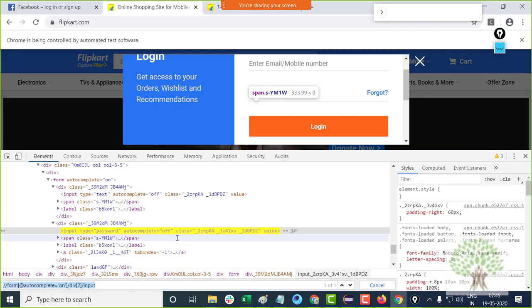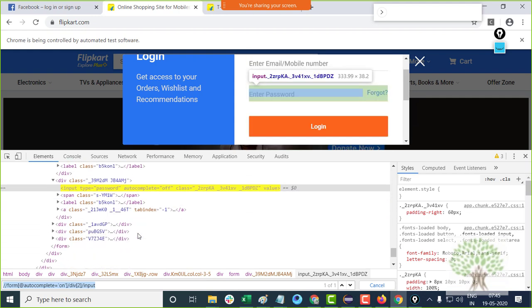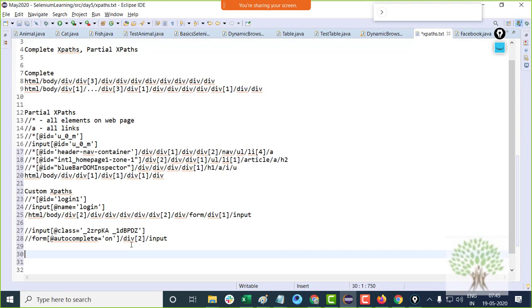Now, as we saw different things, there is one thing which is clear, that one element can have different XPaths.